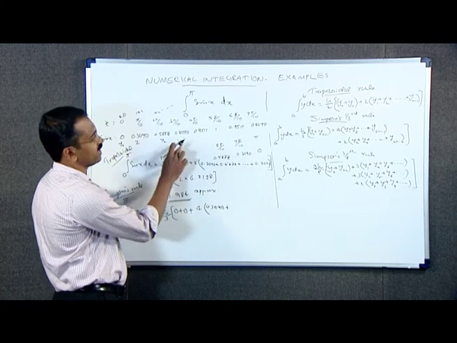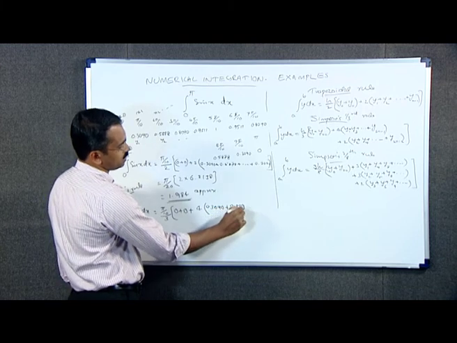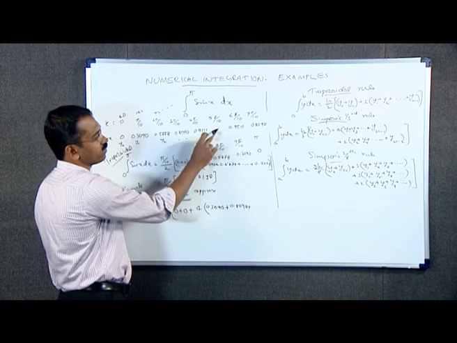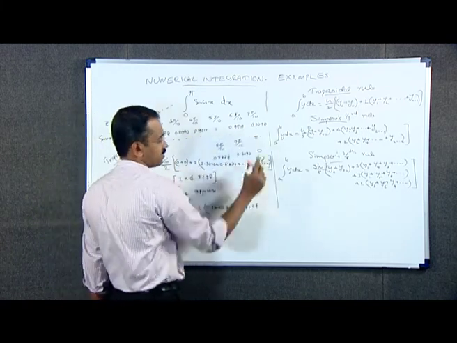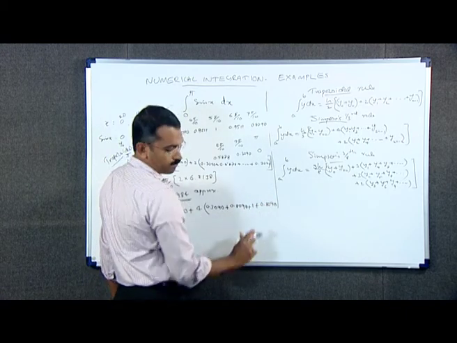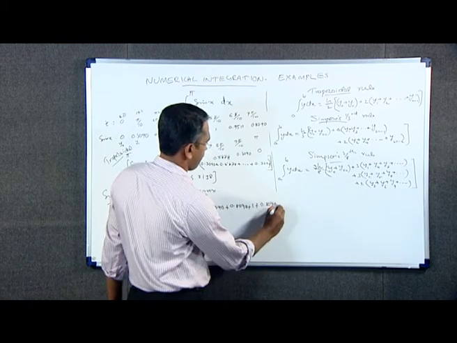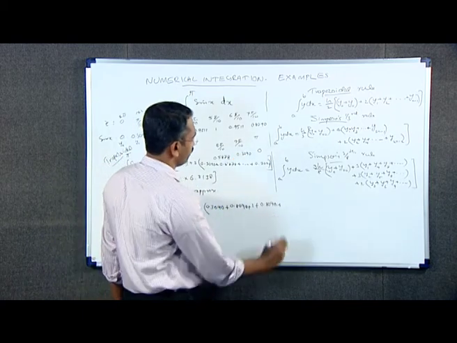plus next is y3, which is 0.8090, plus y5 is 1, plus y7 is 0.8090, plus next 0.3090